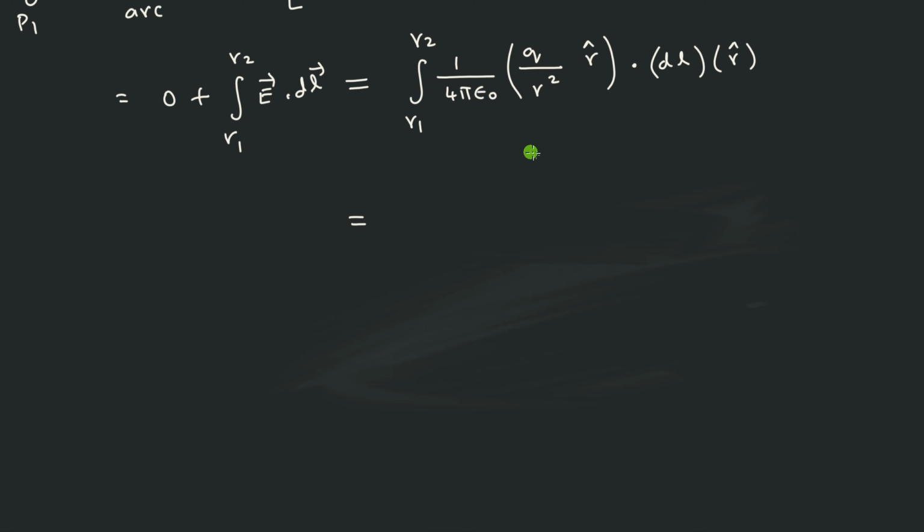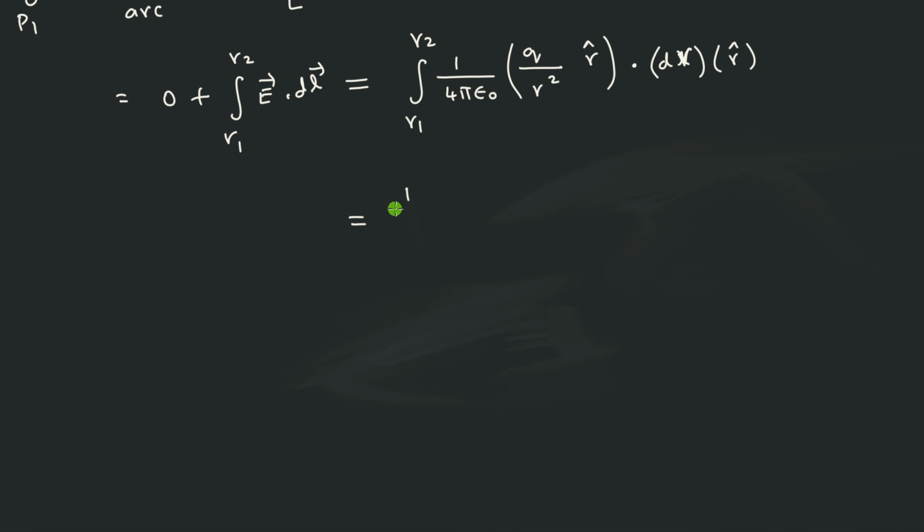Once you have this, we can say that r cap dot r cap will become 1. So your vector has disappeared, and then you have only the dl. Remember that the dl is going to be dr in our problem. So I will make a small correction here. L is okay as a generic name, but because we are using r here, the small length should be dr. That is a good idea, right? Length is generally dl, but now we need an appropriate symbol. So dr is a better symbol than dl. Therefore, I will make this a dr.